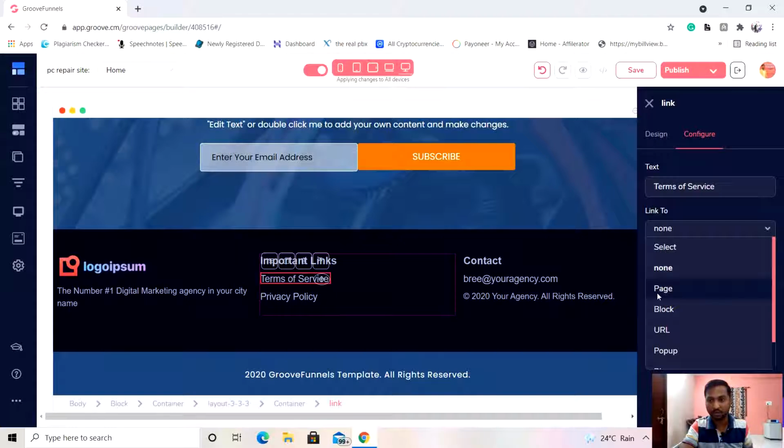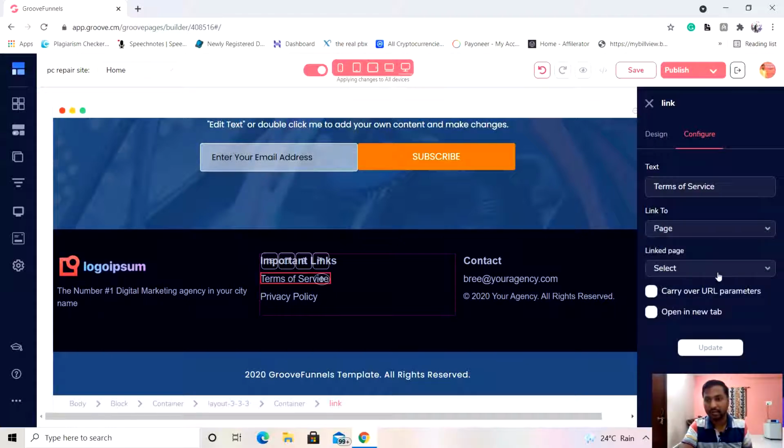I'm going to click on the page option and select the page from here. Now you can see the pages home and terms of services are coming up. I'm going to select that one. If you want your clients to open it in a new tab while clicking on that, you can select the option open in new tab, and update it.